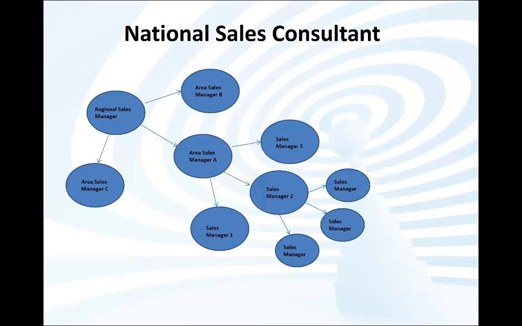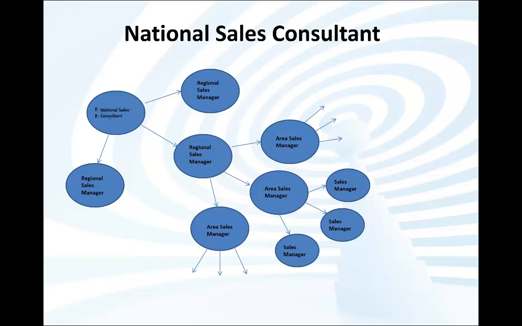So now Area Sales Manager A goes to work with Sales Manager 2 and helps them to introduce 3 people for free who automatically come in as sales managers. This elevates Sales Manager 2 to the rank of Area Sales Manager. Now, Area Sales Manager A repeats this with Sales Managers 1 and 3, turning them into Area Sales Managers. Now, Area Sales Manager A has 3 Area Sales Managers. They are now promoted to Regional Sales Manager.